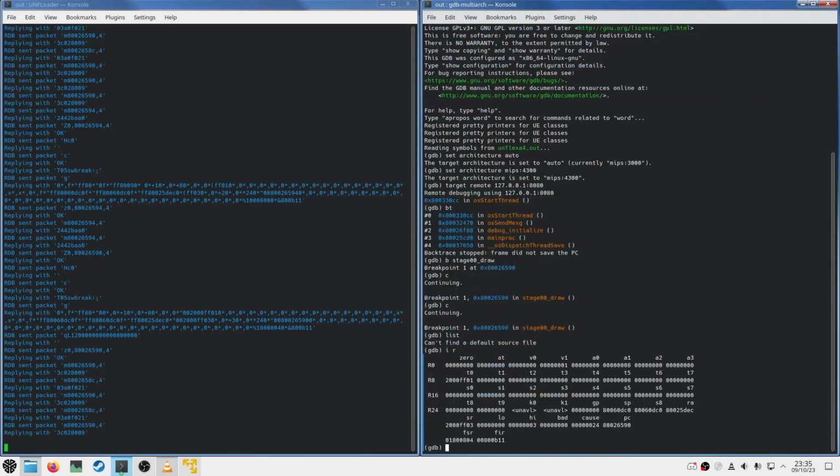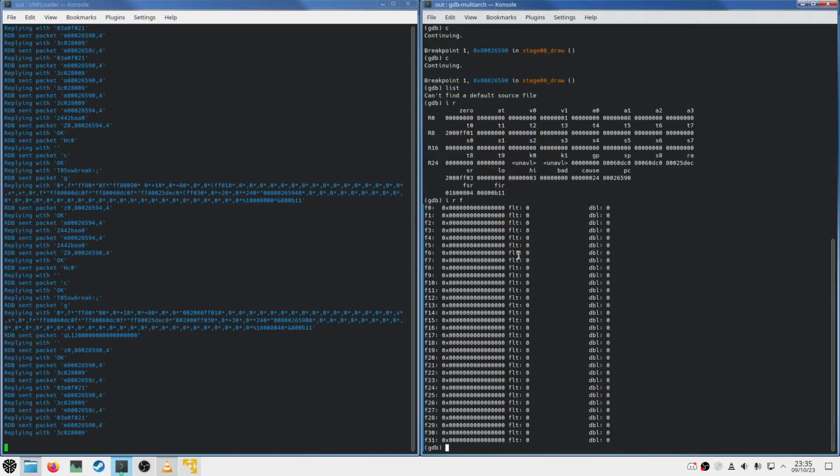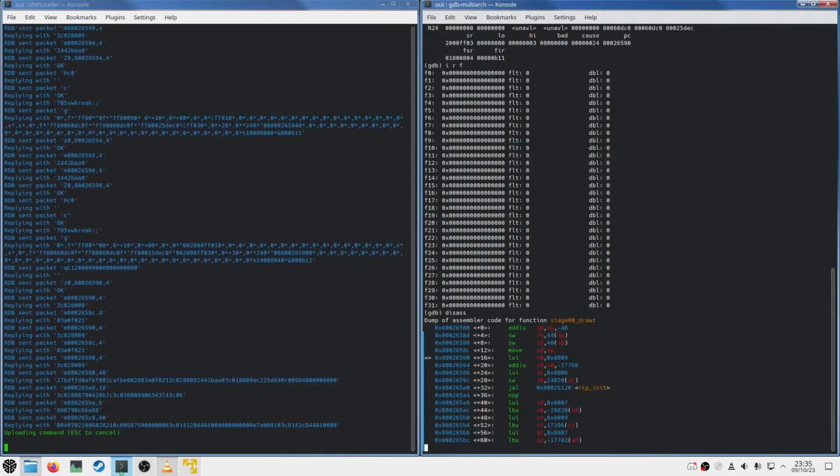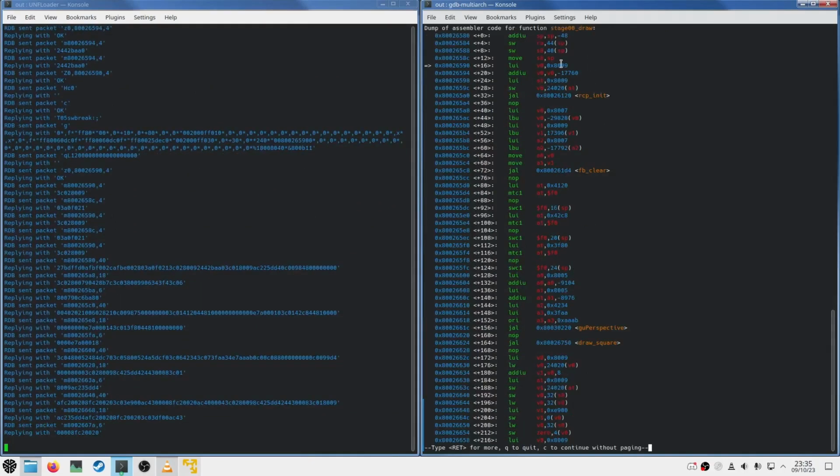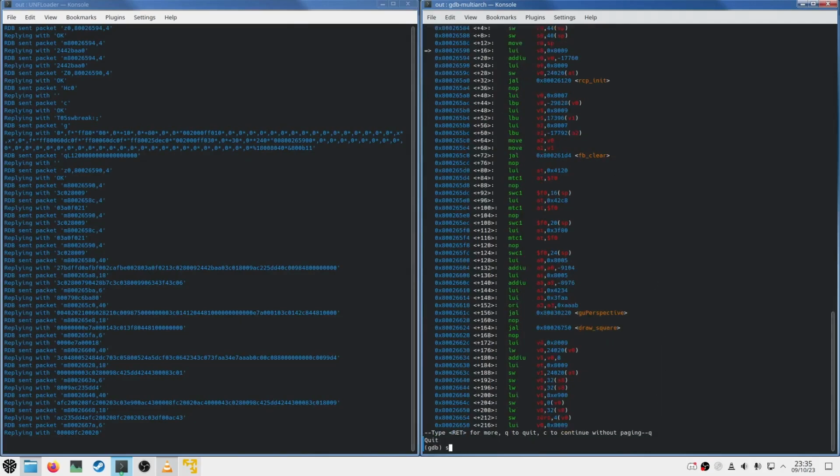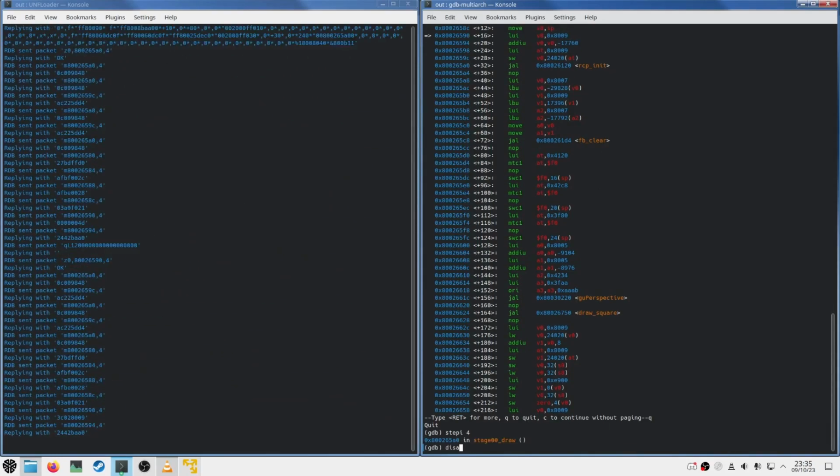That includes listing registers to see what's the current status of the program. We can also list our floating point registers if we're so inclined. And then we can disassemble. So we can see that our project has paused at this instruction right here. And so let's do some stepping. I'm going to step, let's say, 4 times so that we stop at this jump instruction here. And let's double check that we're in the right spot.